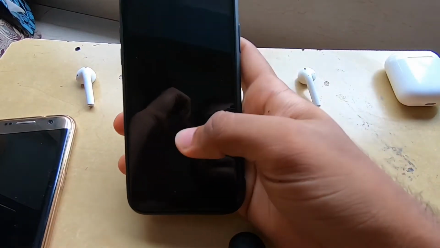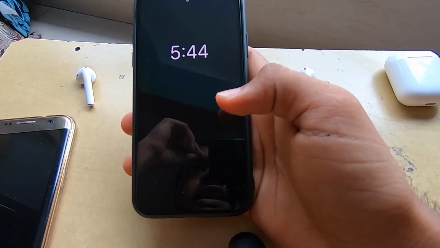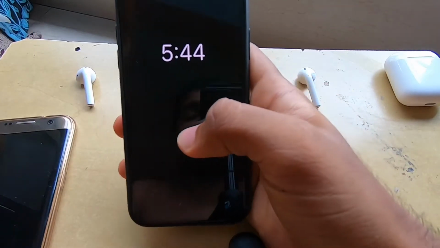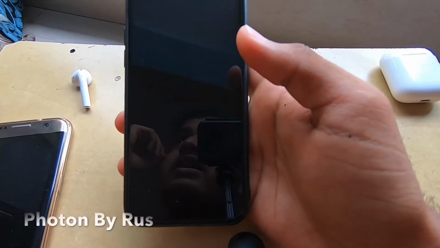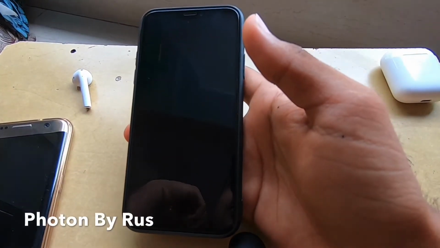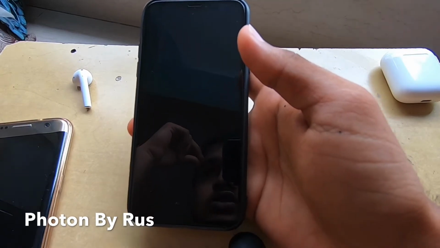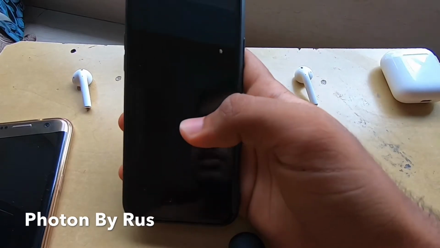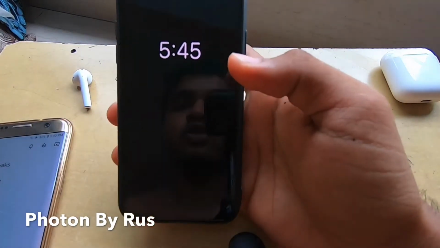So today we will see top jailbreak tweaks and this is my first video. So let's get started. So we'll bifurcate the tweaks in two parts, the system or UI based tweaks and the internal tweaks. So let's go. Starting with the system based tweaks, the first tweak that we have is the Photon.